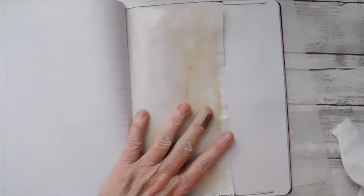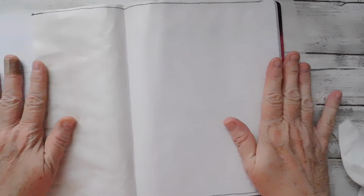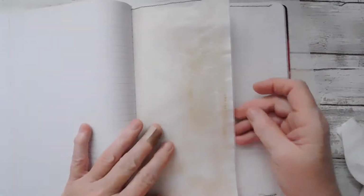But all I really do is I fold it where I just stick this bag. This is pretty much the length of it, but I've cut down the width, and I lay it in here, and I just put my hand in there and crease it and fold it to find out where it needs to glue in, because what I've done is I've glued this for a really big pocket. I've just glued the back to a page, and then my folded over piece I've just left. So this part of the bag is all glued to a page to make a pocket, and then this is just left loose, and I've cut the end of it. So it's one bag